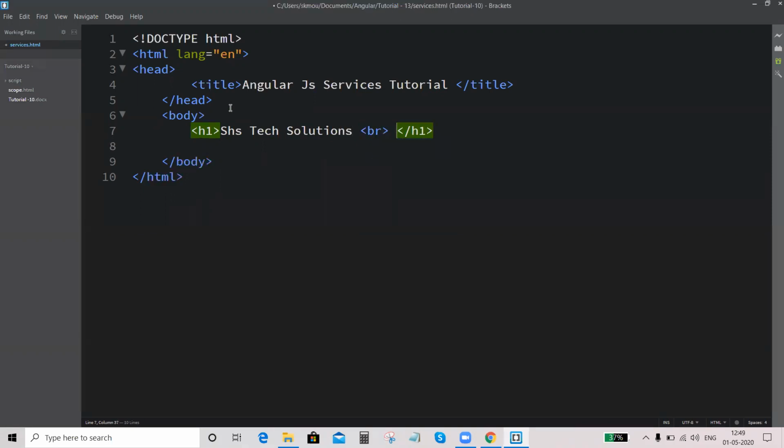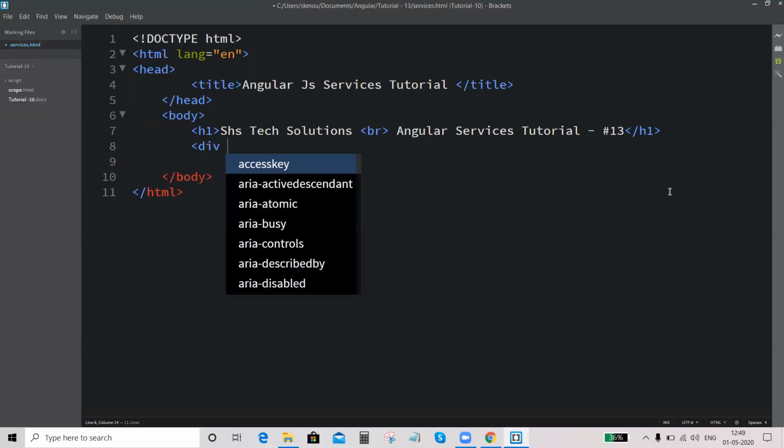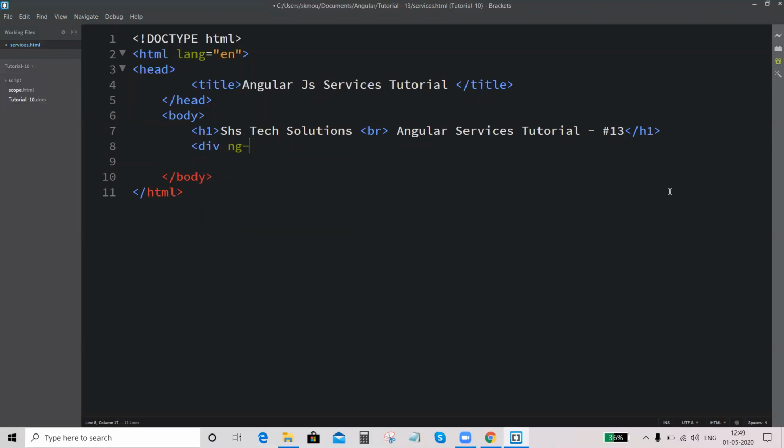Right. Okay. Next, ng-app, ng-controller.